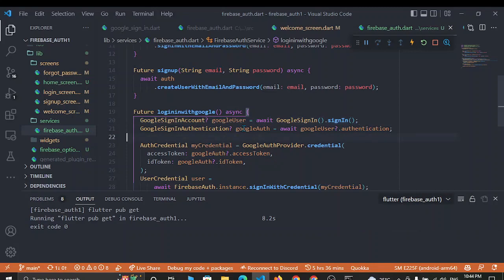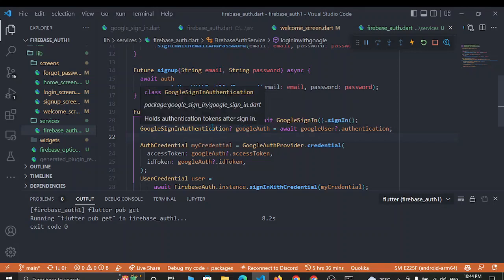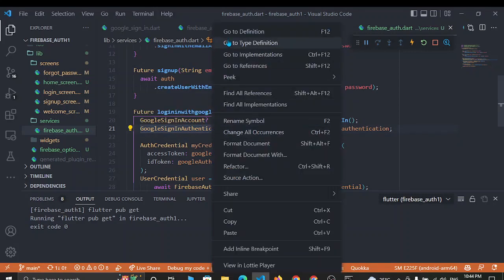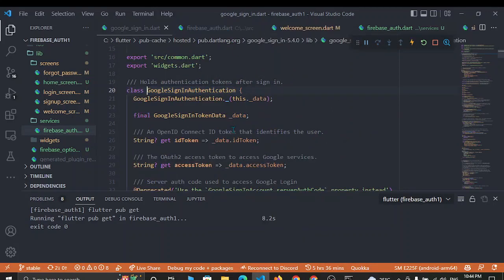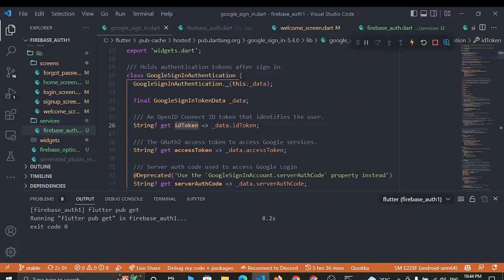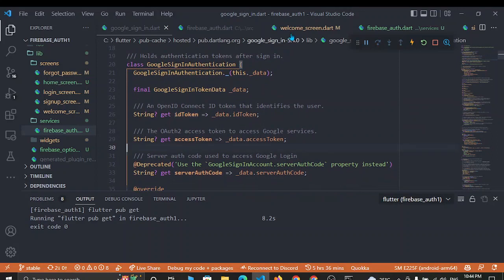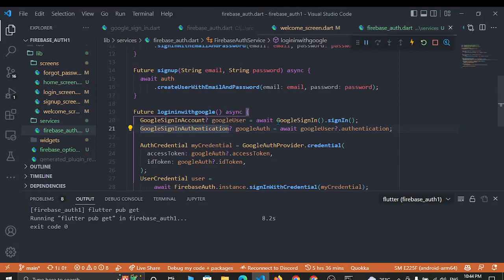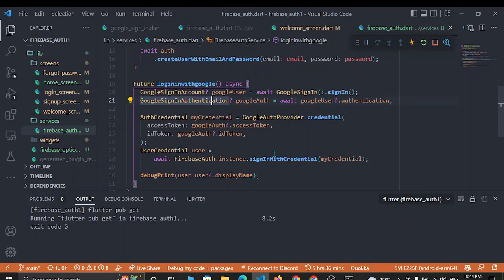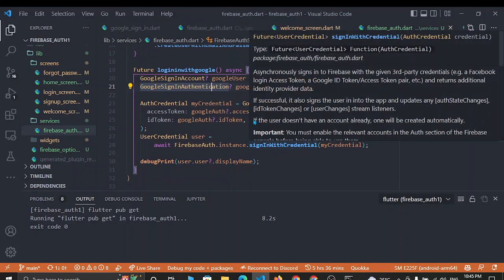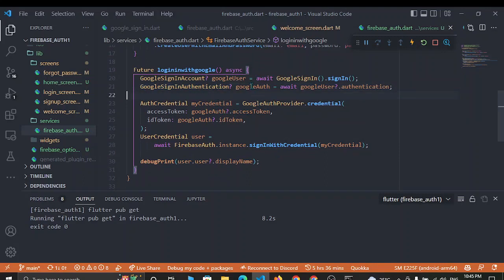Now here we have Google Auth. This will store all the data. Once the user is signed in, this Google Auth will store all the sign-in information, like the ID token and access token. We need this token to log in. So for login, we have another method in Firebase called sign in with credential, and this credential is inside